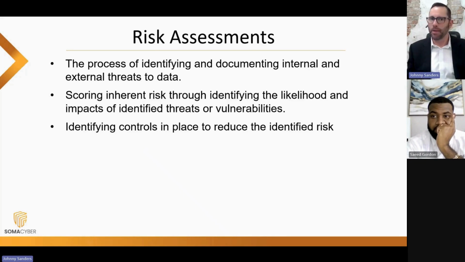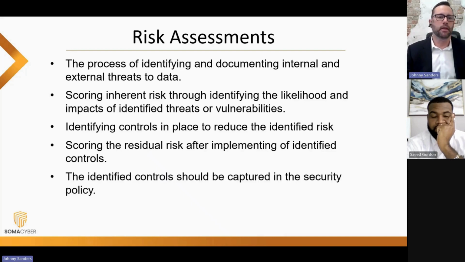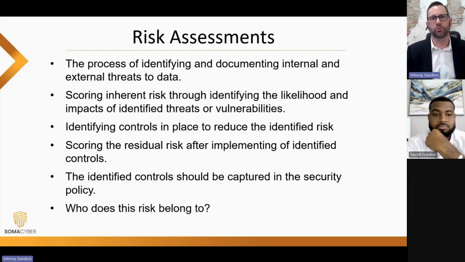So a risk assessment can't be a wish list. It can't be what you want to have in place to reduce that risk. It has to be the actual control you're currently using. And then you score your residual risk, and that will help you determine whether your control is working the way you want it to. Then these identified controls, and we'll have a sheet on the screen in a minute that will lay some of this out visually, become your written policy. Whatever you've determined is going to save that device.